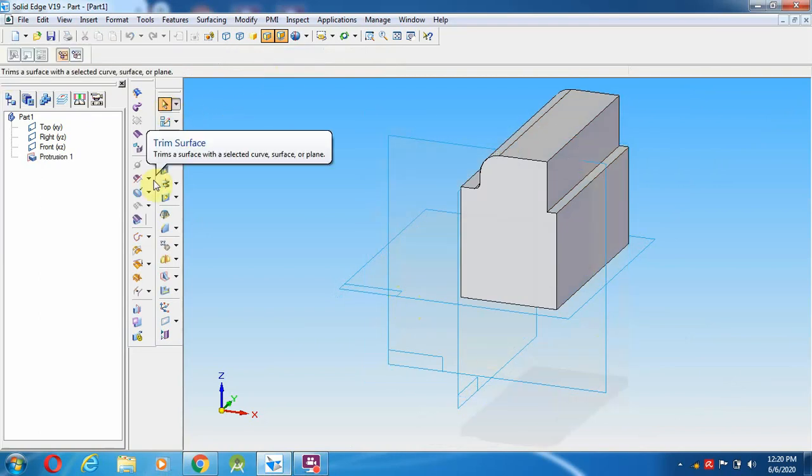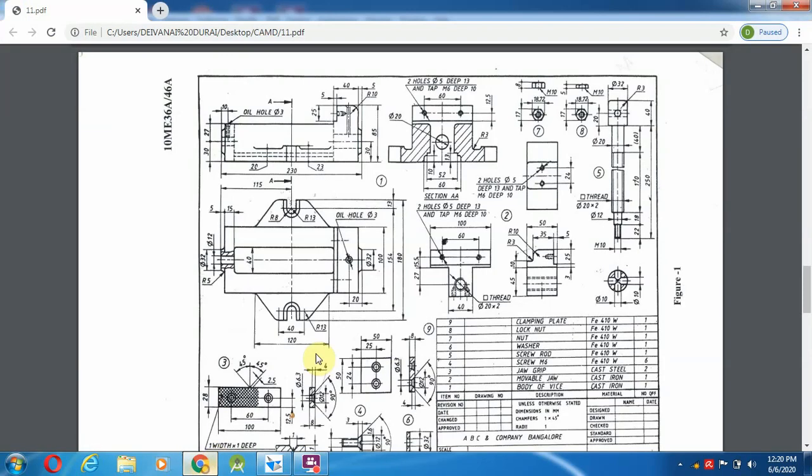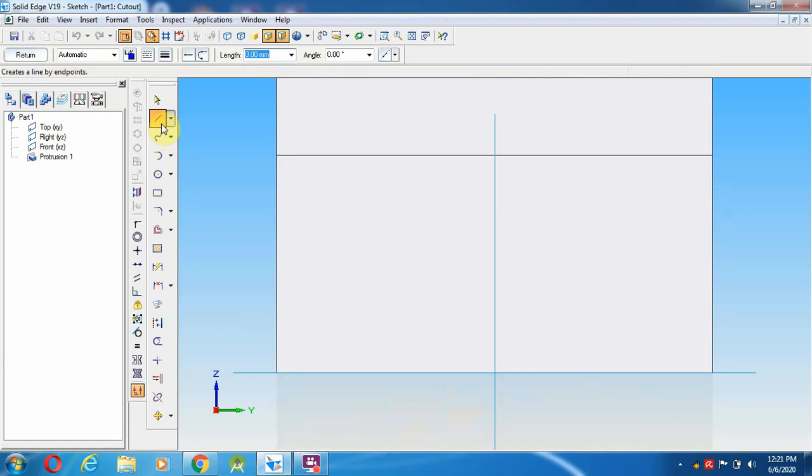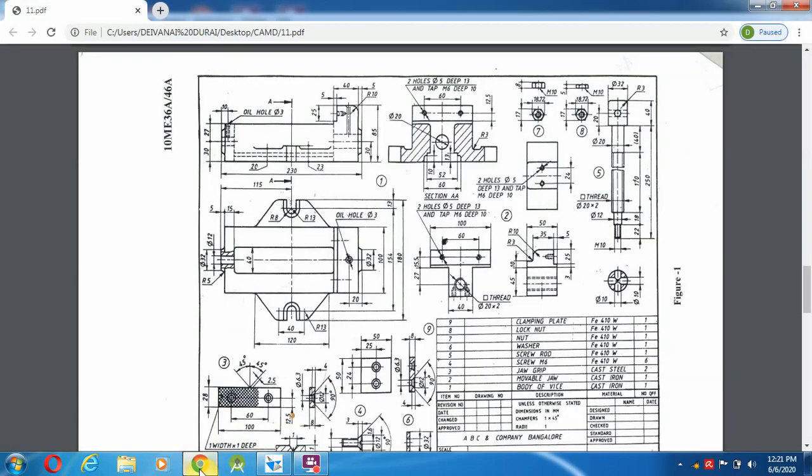After giving the 100, then select the cutout. Now I am going to remove this particular portion, here as well as here. Centrally we are going to keep 40, and the remaining things I am going to remove. So taking this as a surface, select a line from the middle to 20, enter. And what is the height over here?